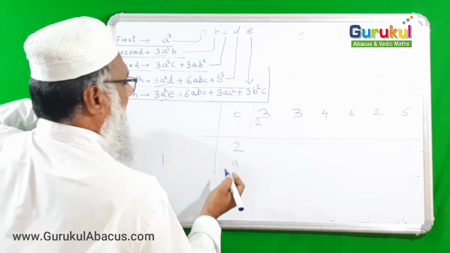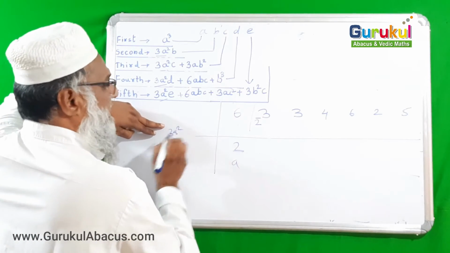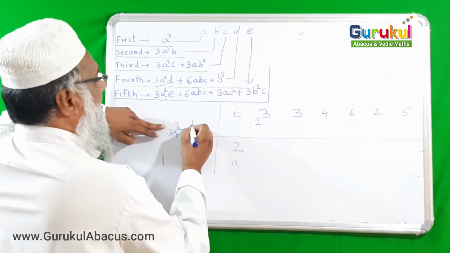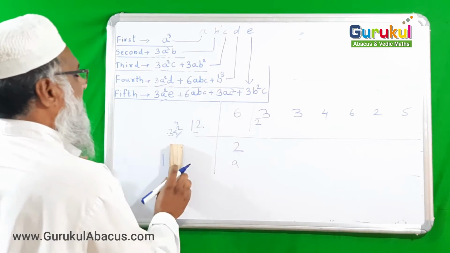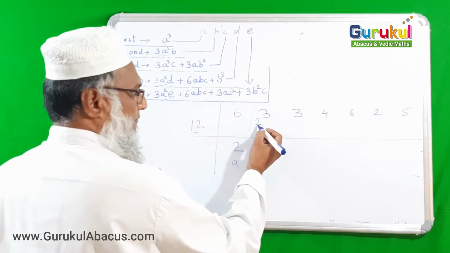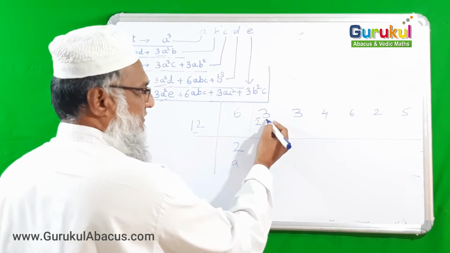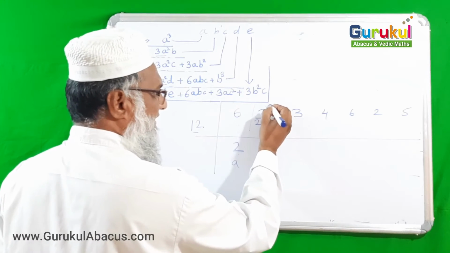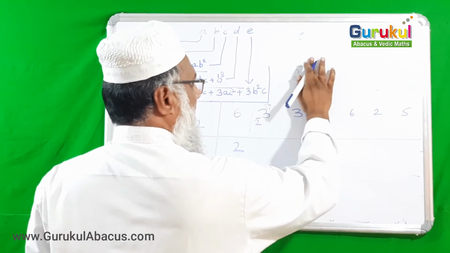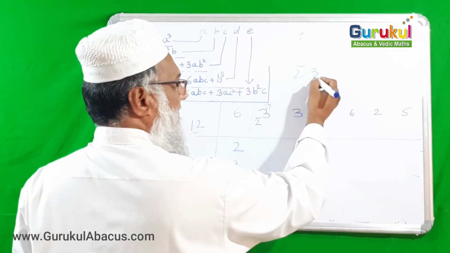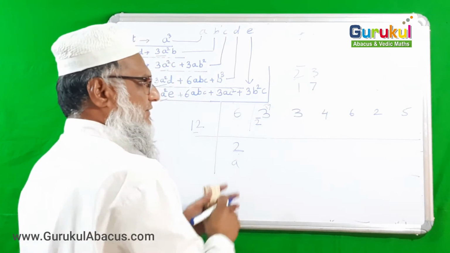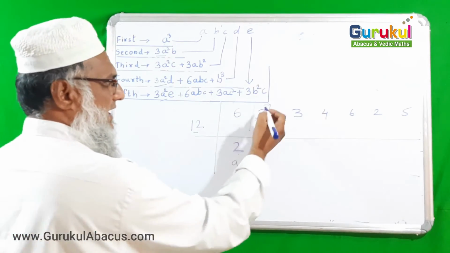Okay, we are done. Now here 3a square. If a is 2, then a square is 4. 4 3s are 12. 12 we got as 3a square, which is the divisor. Okay, now division is going on. Here bar 2 3 means together bar 17, that we can understand. Bar 2 and 3 means the complement of 3 is 7, and less 1, 17. We know it all, so we are not wasting time on that. So bar 17 is there.